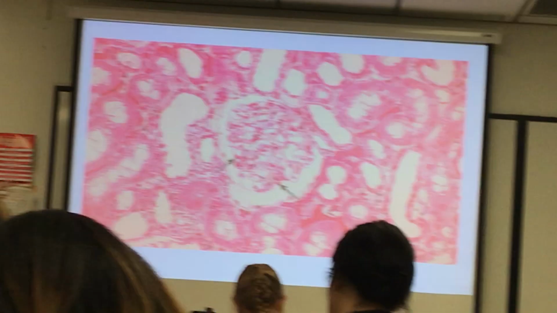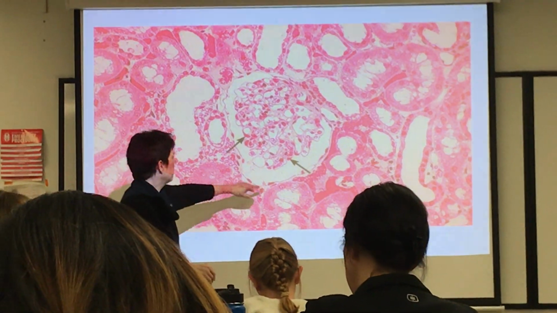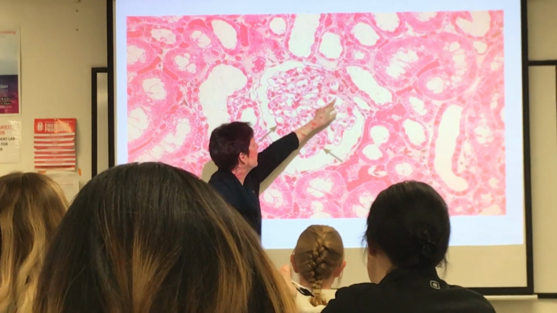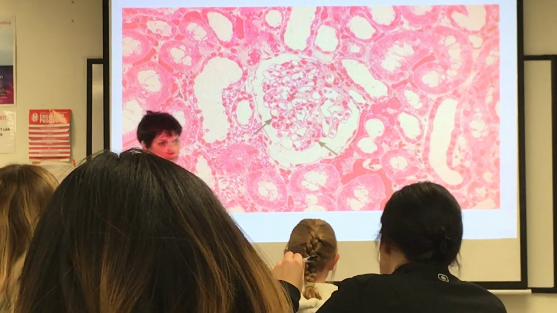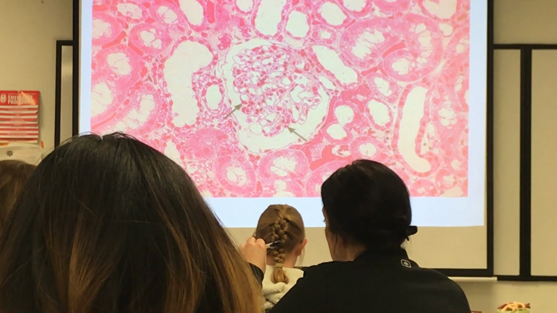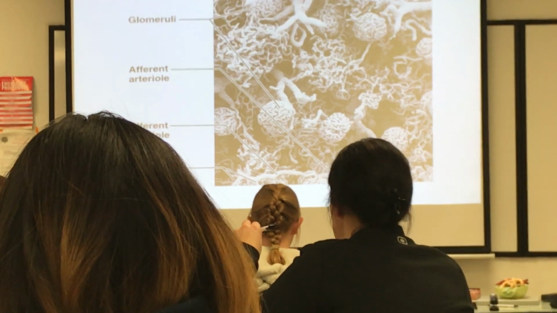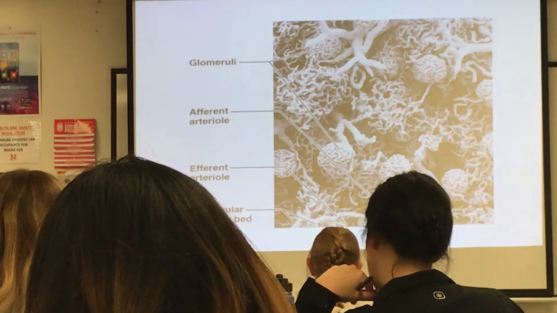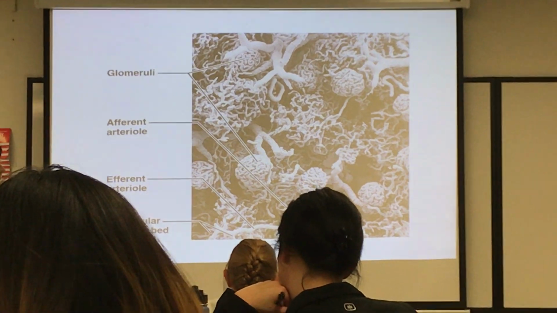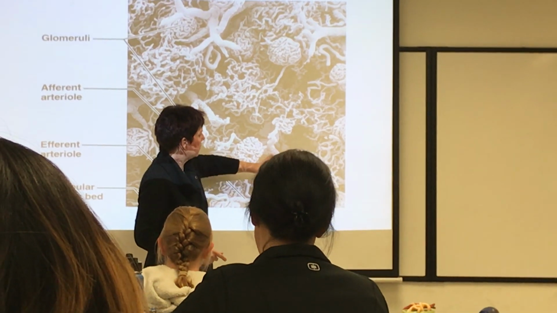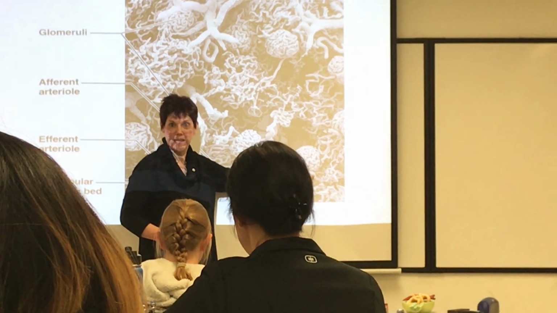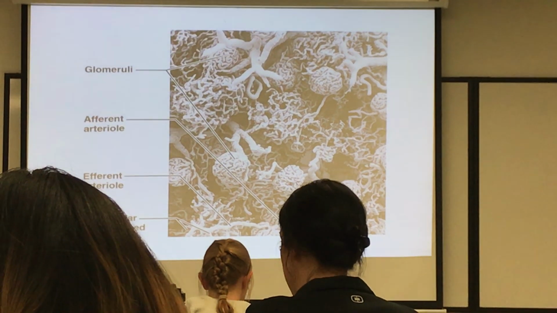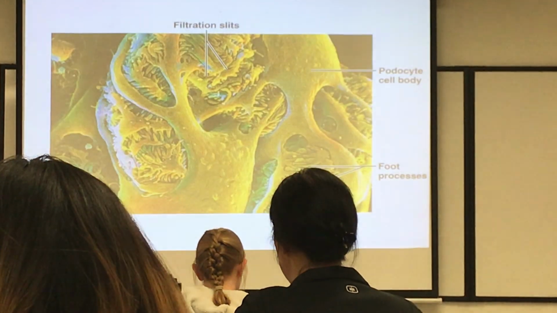So here's the glomerular capillary, we saw this a bit on Tuesday. Here would be the simple squamous epithelia of the parietal layer. And then here you can see some of the red blood cells, but a whole bunch of other cells in between, all right? So here's what it would look like, which is the capillaries. Those are the glomerular capillaries without the epithelial cells of the capsule. And in a couple of places like here, you can see the large afferent arteriole and the smaller efferent arteriole coming out. But for our filtration membrane, we need the additional visceral layer of the